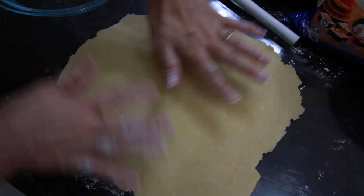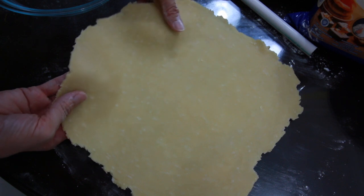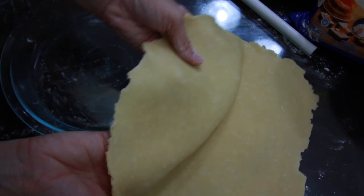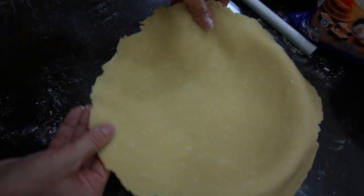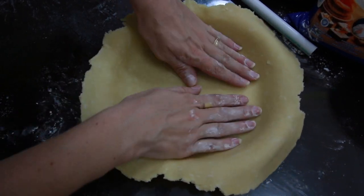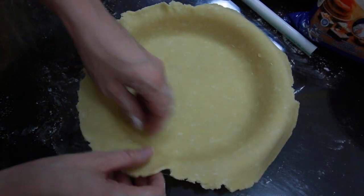You guys, I'm super, super excited about this crust. It just looks beautiful. So now we're going to transfer it to our pie pan, or pie plate. We're going to slide it right on top, and that is just wonderful. We're going to have to press it down so it doesn't keep slipping, of course. There we go. And now we're going to crimp and fold the edges to make it look